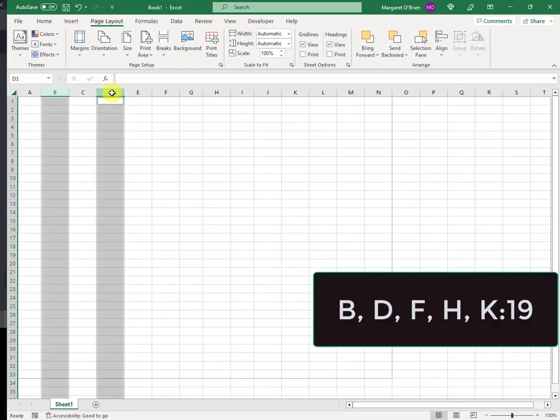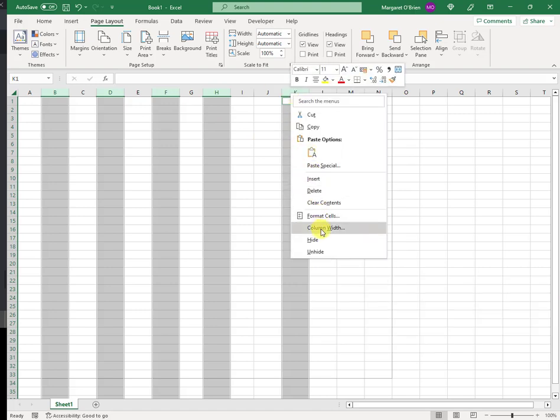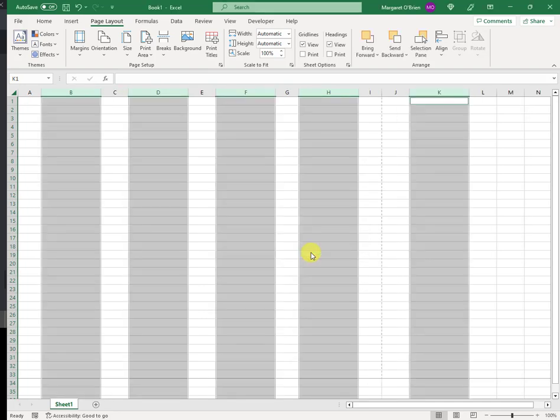Choose column width, and I'm changing that to 19, which is a much wider size. These columns are going to hold the name fields. Okay. Notice how we've actually gone beyond the printed landscape boundary now, but that's okay because the last thing we're